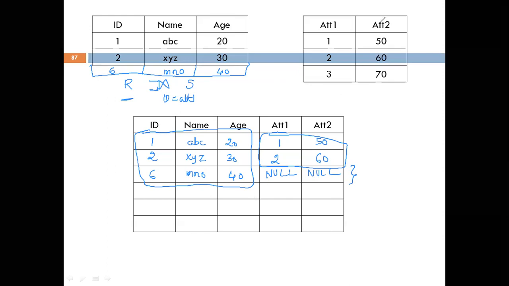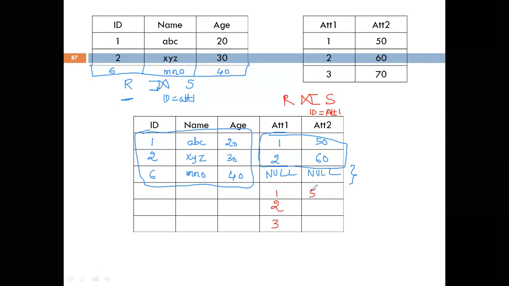Now similarly, we can consider the right outer join. Right outer join can be specified like this. Again we will write the same condition, id is equal to att1. I am writing it in red color. Since it is a right outer join, all the entries in the right table will be retained.